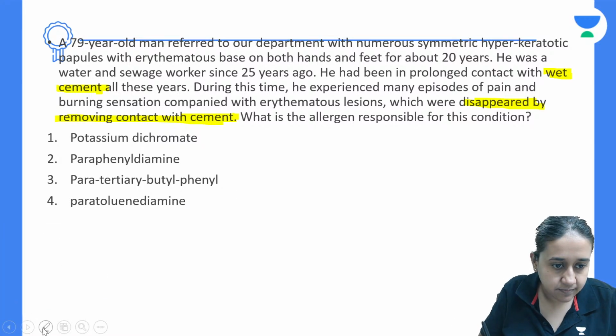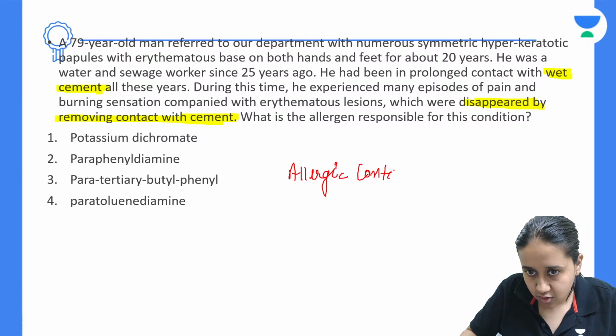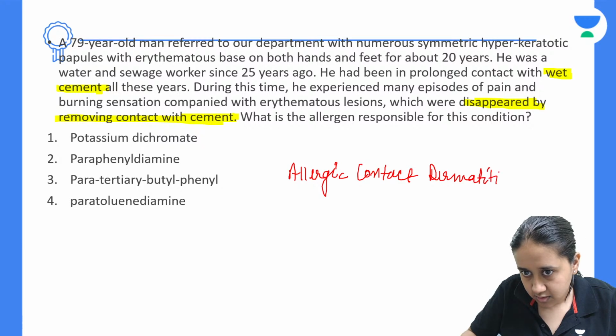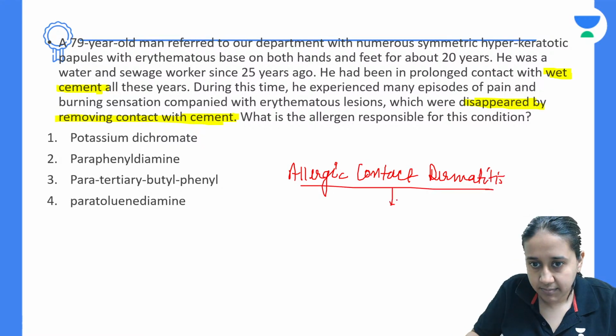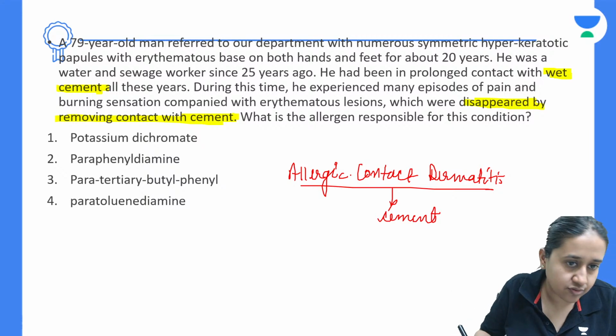It means it is allergic contact dermatitis to cement, and in allergic contact dermatitis to cement, the